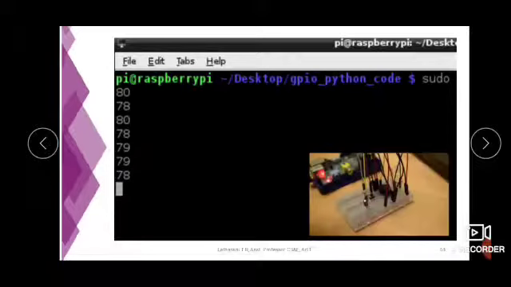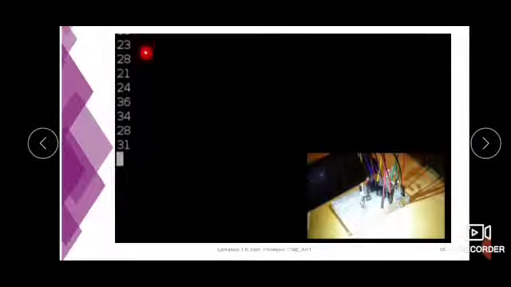When it is exposed to light, the reading will decrease. The previous reading was around 80, 79, 80, but now it is decreased. Then when you make it completely dark, with no light, it increases again. See here, 83, 89, around 90. The maximum recorded value is 90. So till 90 it reached.